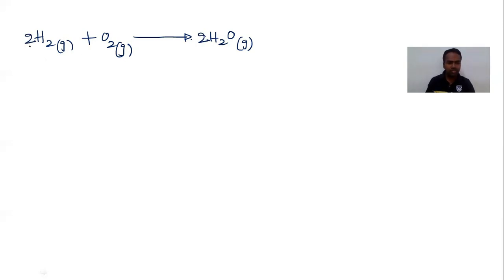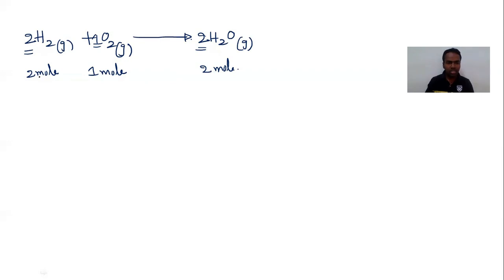The second step is getting the molar ratio. So how to get the moles ratio? These stoichiometric coefficients, here 2, here 1, here 2, indicate moles. Here 2 moles of H2 and 1 mole of O2, 2 moles of H2O. So 2 moles of H2 react with 1 mole of O2 to form 2 moles of water. That is the information we get from the balanced chemical reaction. These are called stoichiometric coefficients. These stoichiometric coefficients themselves indicate the number of moles. So this is the way to get the molar ratio. This is only the moles ratio.